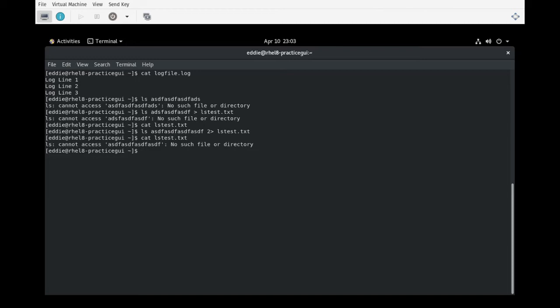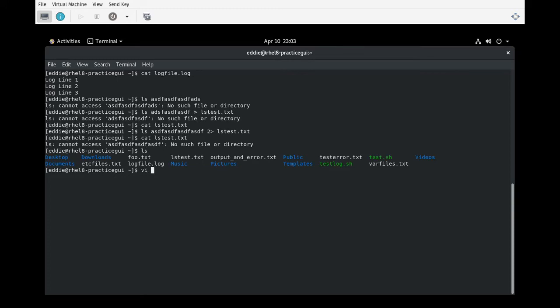So this could be useful if you're doing a script and you want to make a log file, or maybe not necessarily a log file, but you want it to output whatever errors happened in the script. Well, what you can do is have your various commands and redirect the standard error output to a file. So let's go back to our example. I called that